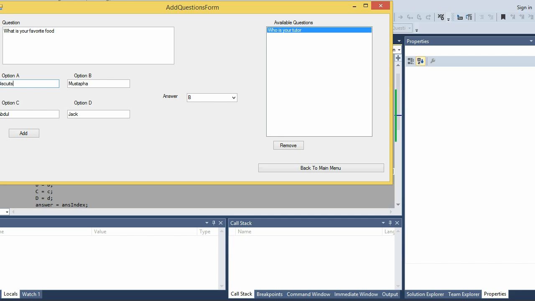Biscuits, worms, I don't know, tuwo, and begiri. And let's choose C as the answer, and then click on add, and oh, I accidentally clicked that twice,